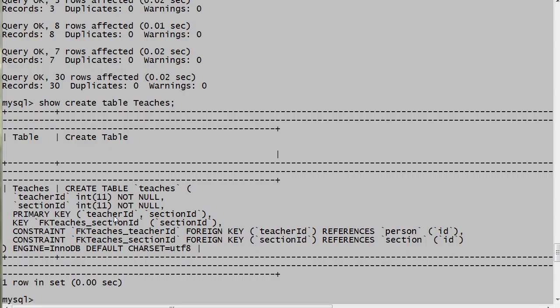And the answer here is that an index with teacher ID as its primary key, as its first column, is as good as an index on that column alone, with no secondary column. If you search for keys with a given teacher ID value, they'll be all together in the index, like last names in that list of people. So if the foreign key on teacher ID needs to find rows for a given teacher ID value, the primary